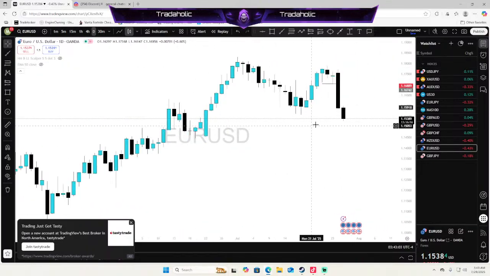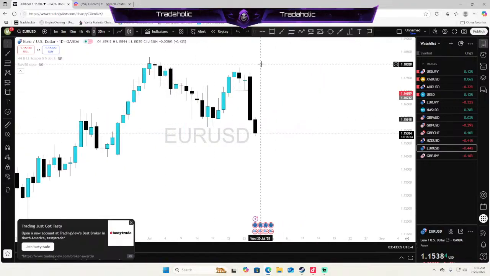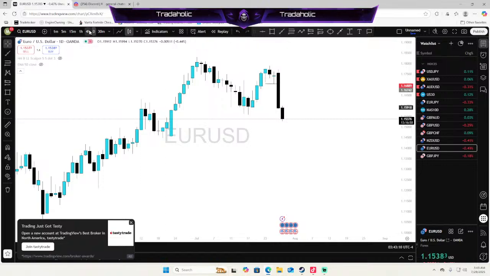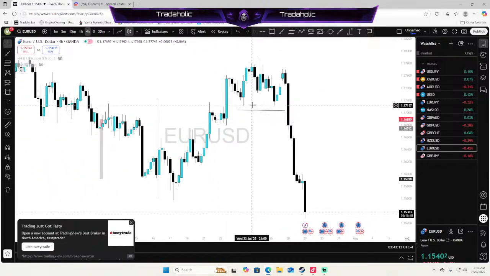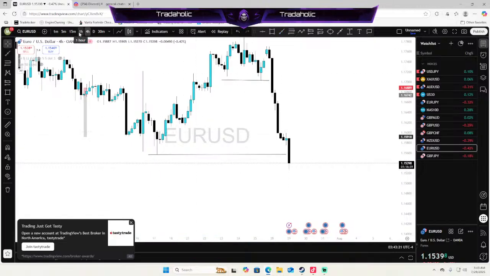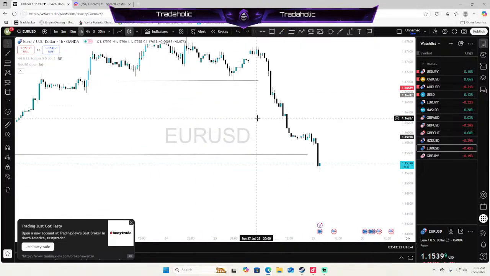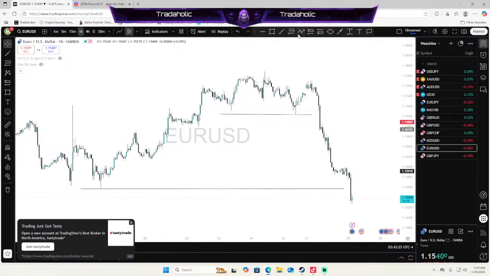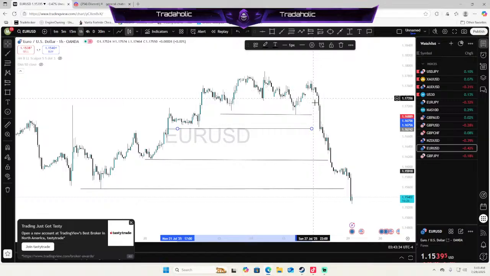Looking at Euro USD, we're overall bullish with potential to go bearish. On the daily time frame and 4 hour time frame, we're definitely bearish. We took out these lows down here. Aggressive push down, taking out these lows as well. Just to point this out, the 4 hour time frame is bearish, and the 1 hour time frame is bearish as well. As you can see here, we took out all of these higher lows right over here. Just letting you know that we are all bearish after this big drop over here.